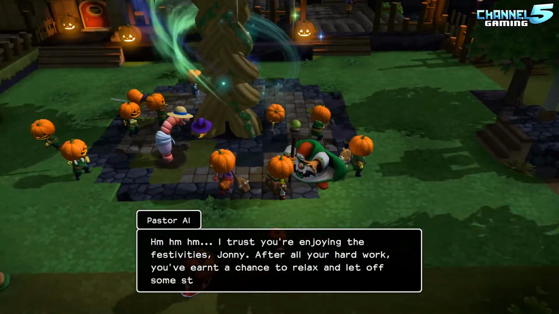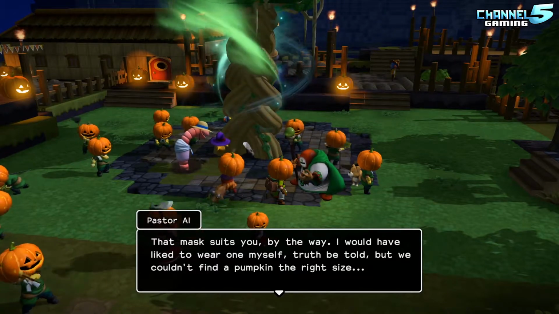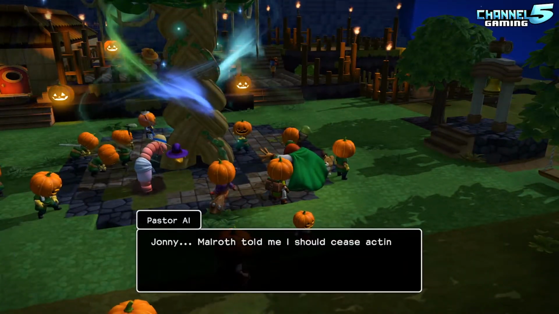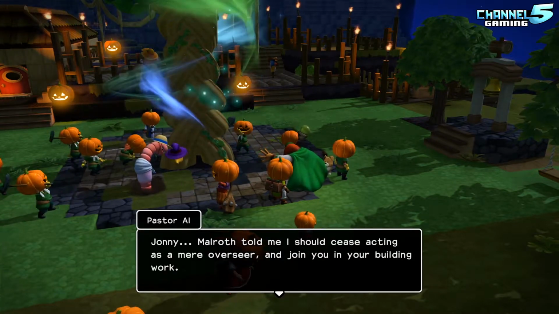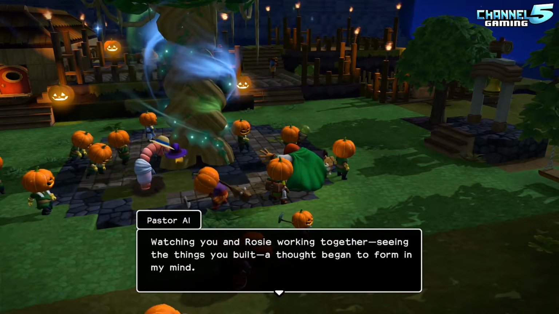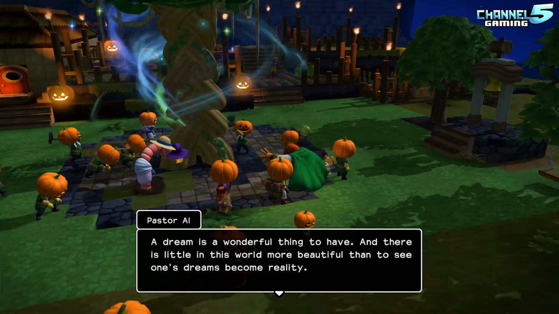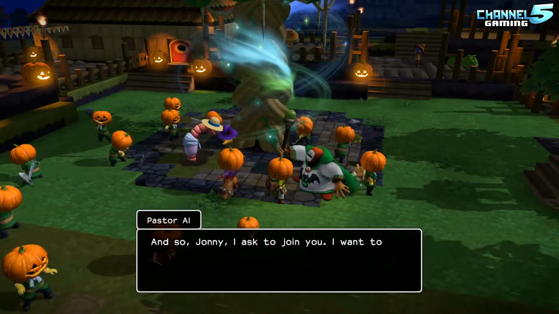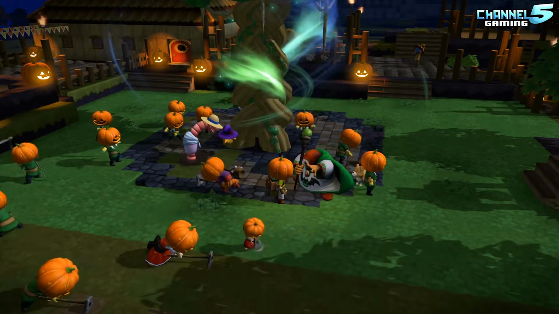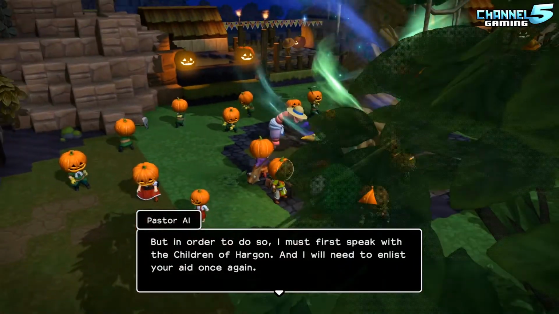I trust you're enjoying the festivities, Johnny. After all your hard work, you've earned a chance to relax and let off some steam. That mask suits you, by the way. I would have liked to wear one myself, truth be told, but we couldn't find a pumpkin the right size. Johnny, Malroth told me I could cease acting as a mere overseer and join the building work. Watching you and Rosie work together, seeing the things you built, a thought began to form in my mind. A dream is a wonderful thing to have, and there is little in this world more beautiful than to see one's dreams become reality. And so, Johnny, I asked to join you. I want to be the builder. I want to go back to your island with you and build to my heart's content. Well, you grew on me, Pastor Al. It's been a while. I didn't like you in the beginning, but I suppose I can accept you into our little...